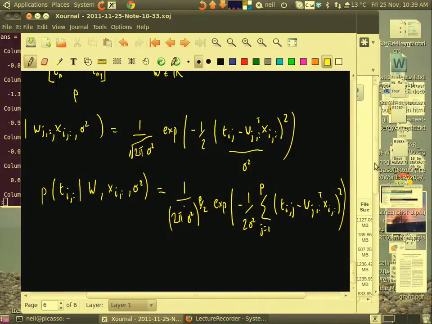Okay, lo and behold, we need to combine that with the prior over W. Bear in mind that there's also an independence assumption over the data points. But it turns out this whole thing factorizes over the independence assumption on the data points. So I think I'll come back to that, but I want you to see that with the independence over data features, we've managed to get the whole of W in here, which is the important bit.